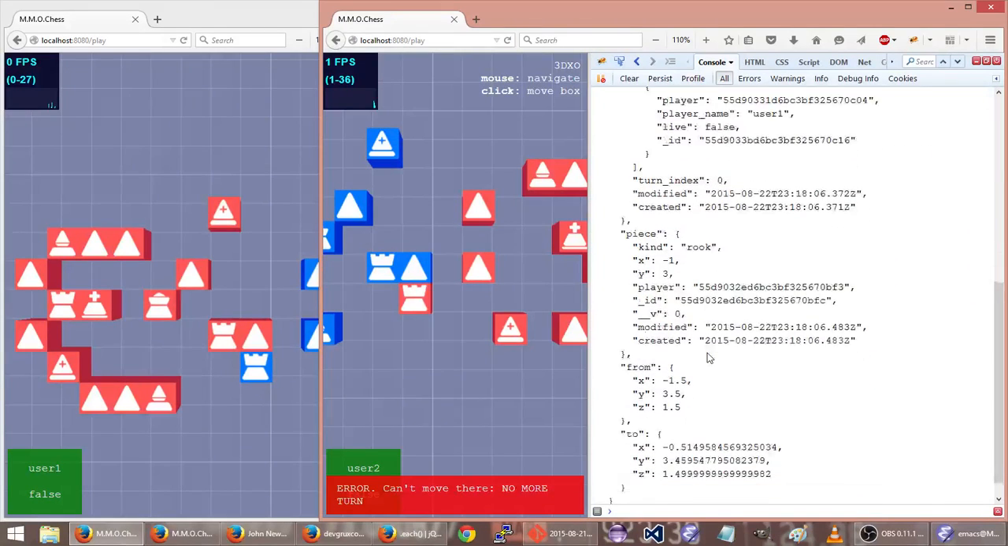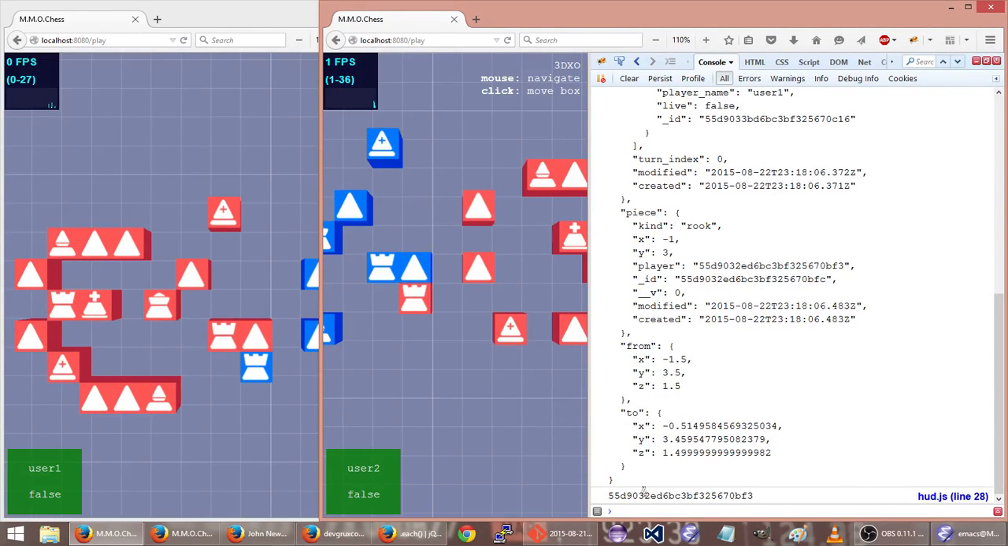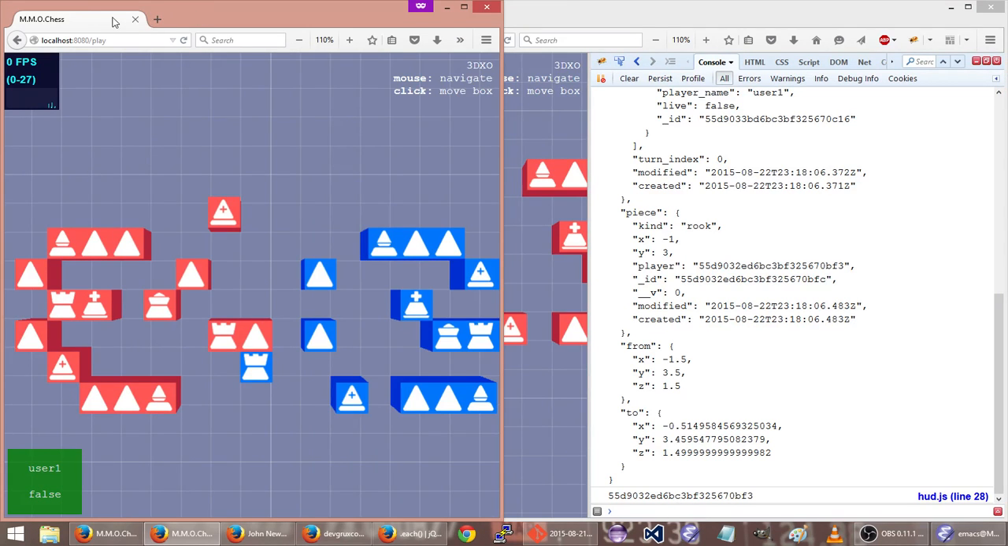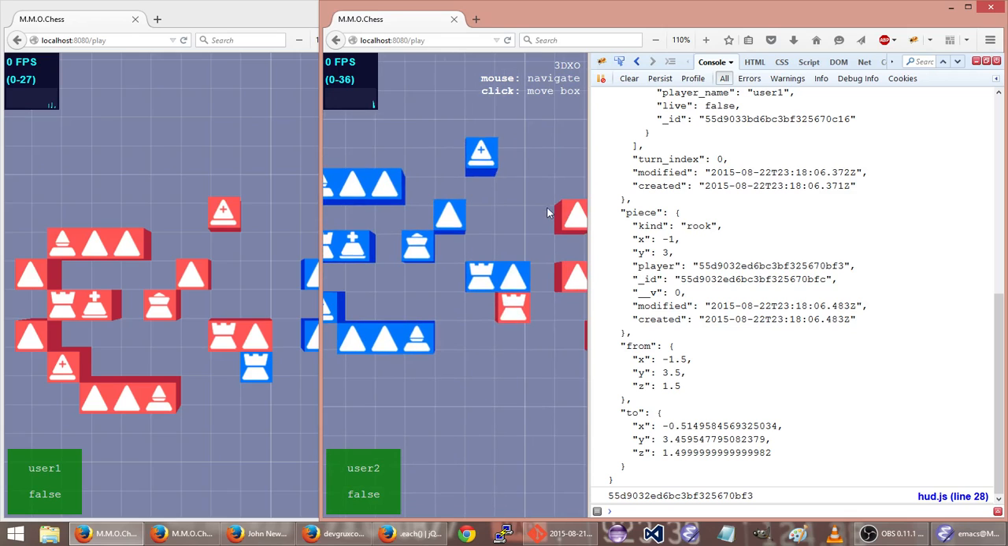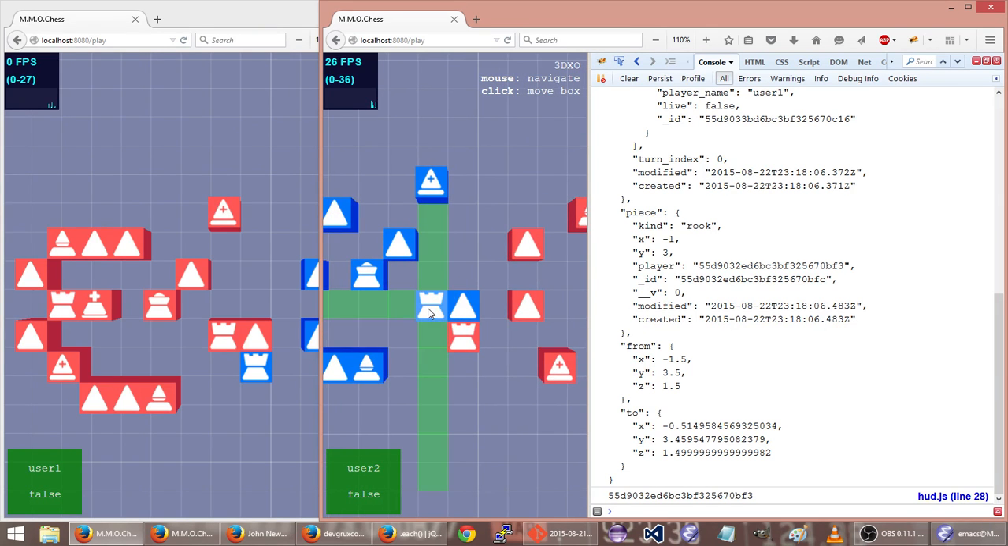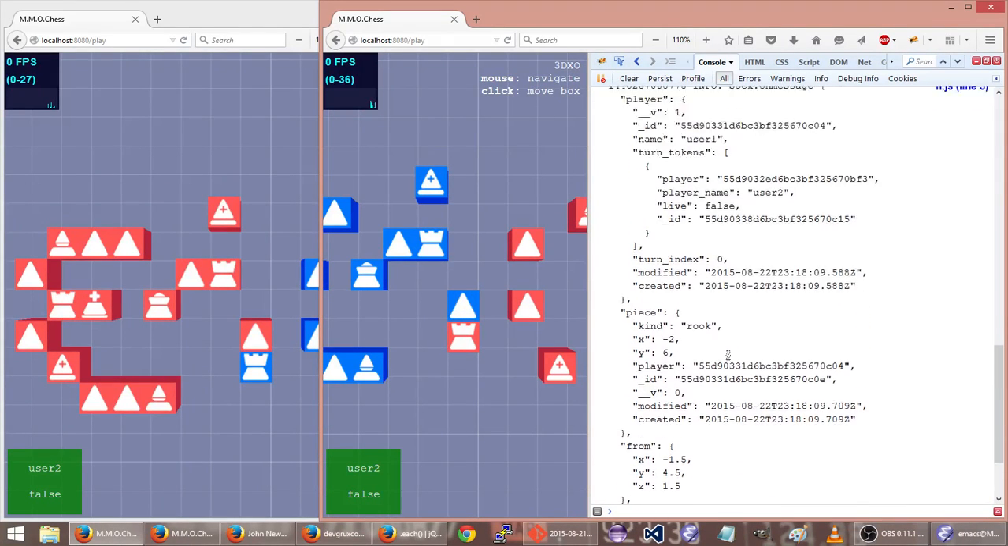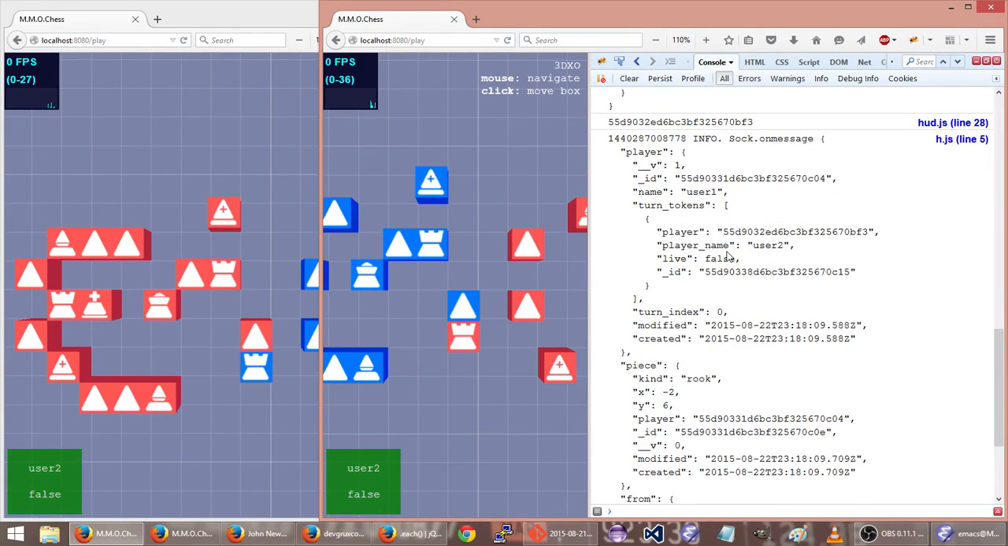Yeah, so the guy that just moved was this guy, user 2. So user 2 is up here, user 1 is up here. User 1 is us. So the guy that just moved is this guy, and we printed out his ID. Okay, so we're gonna make a move, and let's see if it prints us our ID, BF3. Okay, that's not right. So the player that just moved was player 1, and